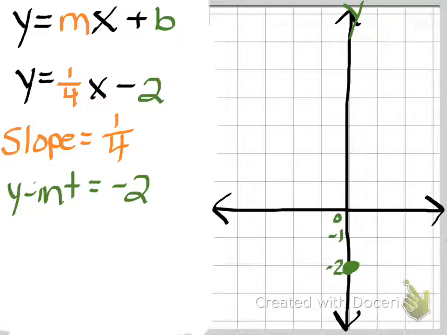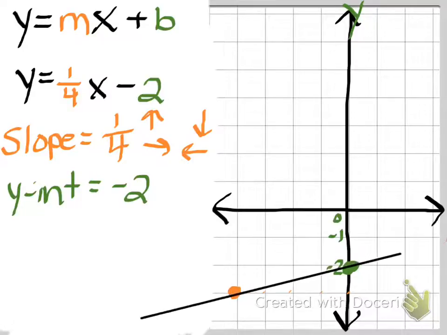So slope of 1/4, they're both positive, right? So that should mean up and to the right. It would be the same if you did both in the opposite direction. So if you did down and left, it's going to give you the same slope. So we could go down 1 and to the left 1, 2, 3, 4, and here's where my point would be. So that's the way that you should really handle it when you have